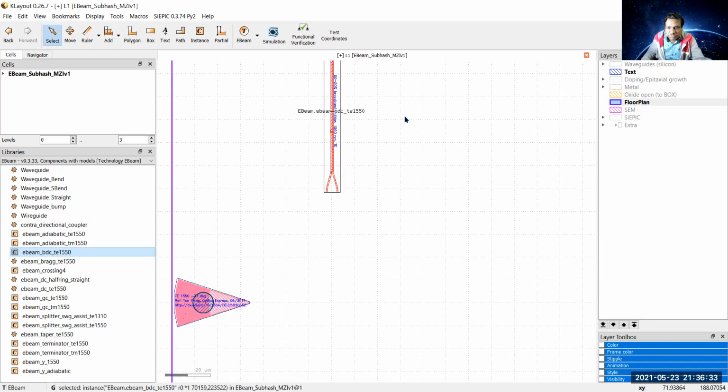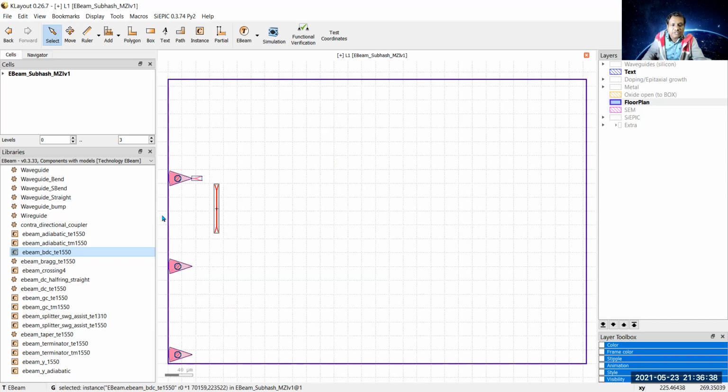So in order to put all the things into the middle, let us press F. So it is the F button. Now as far as components are concerned, all components we have put into this canvas. Now I want to make the connection, that is through waveguide, and these waveguides are made of silicon layer.